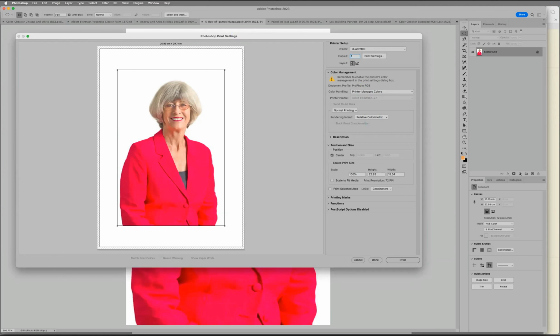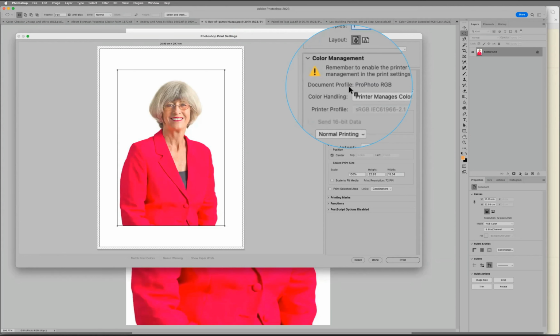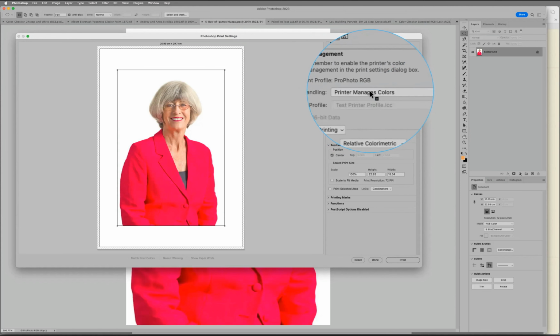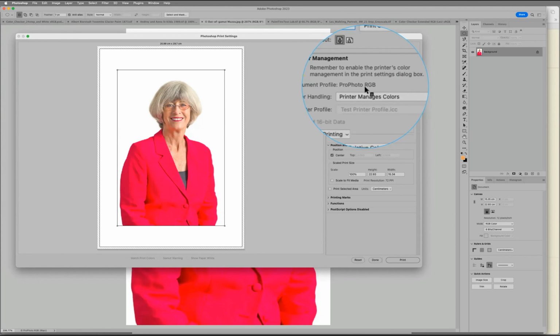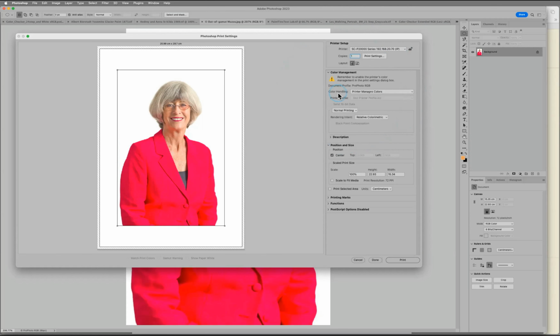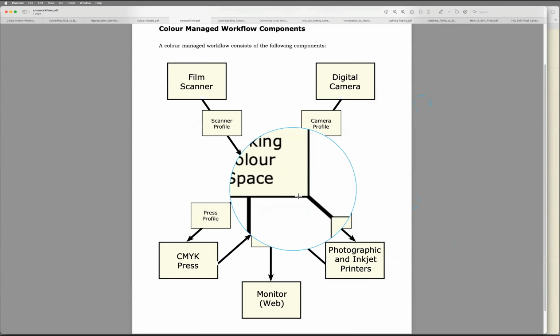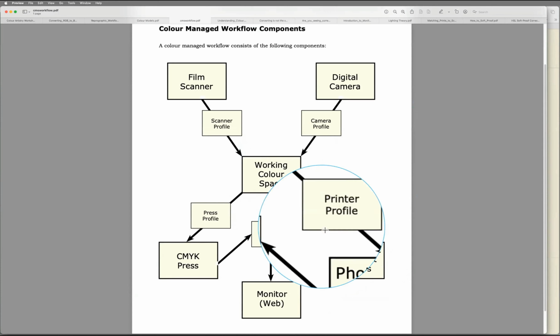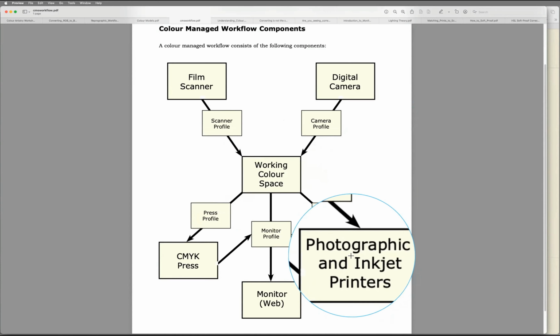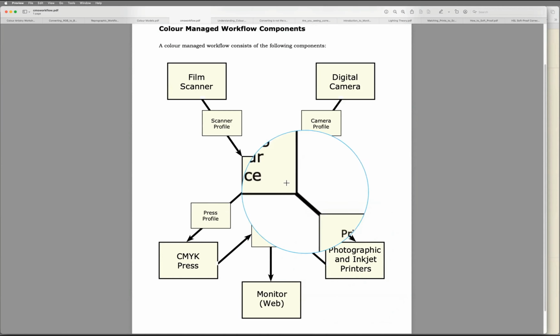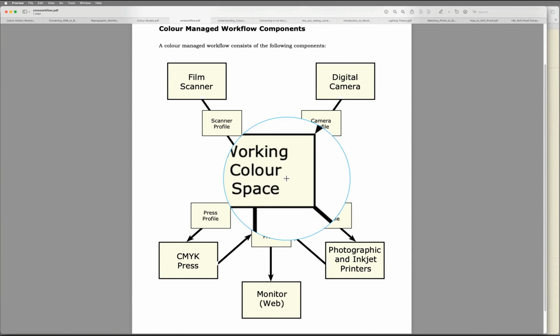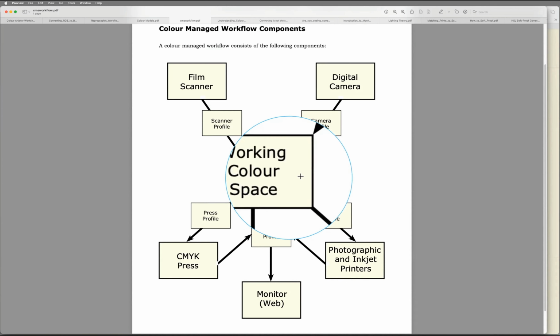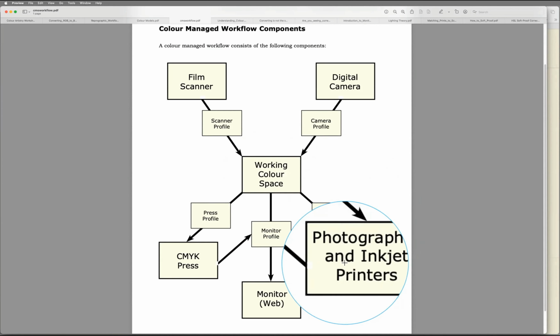I've got to talk to Photoshop about how color is going to be managed. I've got a choice as to how the image is sent to the printer, where color handling is referring to nothing more than this pathway. What are the rules by which we convert, and when and how do we convert from one color space, a working color space called ProPhoto RGB, to a destination color space, which in the case of my printer can be